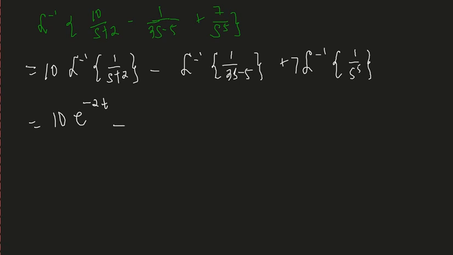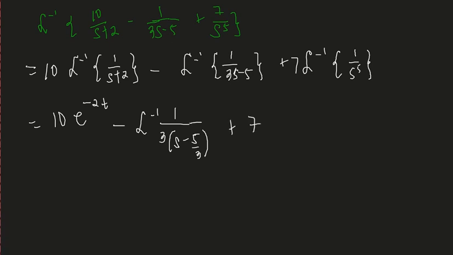So next, since we have 3s minus 5, we can convert or transform it. So I can factor out the 3. So this will be equal to the inverse Laplace transform of 1 all over, so I factor out the 3, this will be s minus 5 all over 3. So if I factor out the 3, so that it becomes just 5, I also need to divide the 5 by 3. So plus,